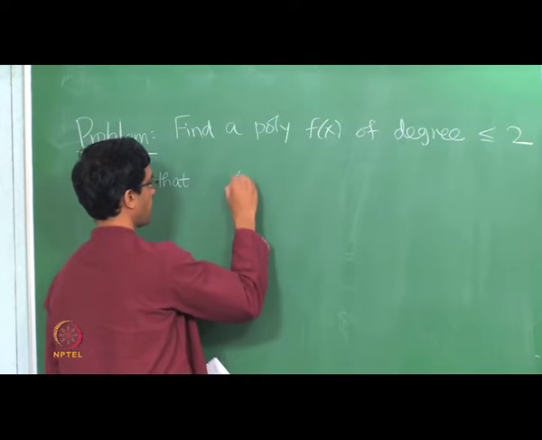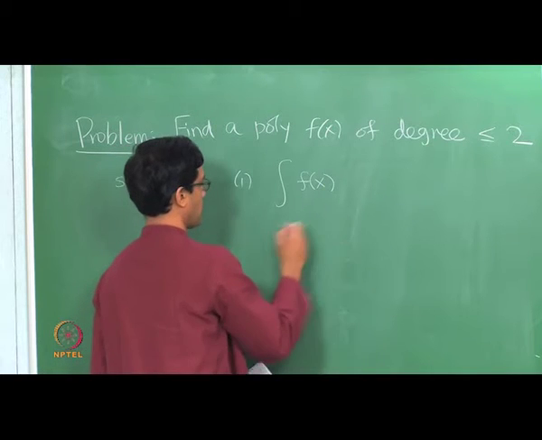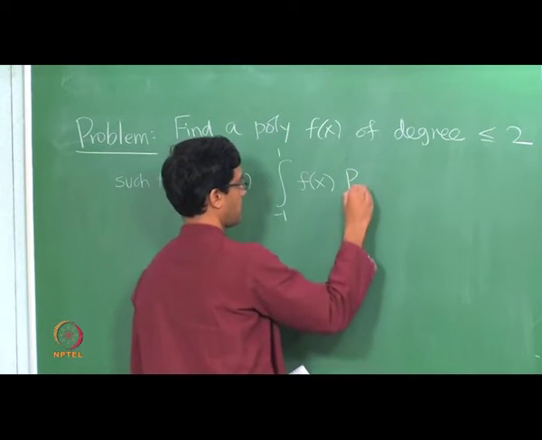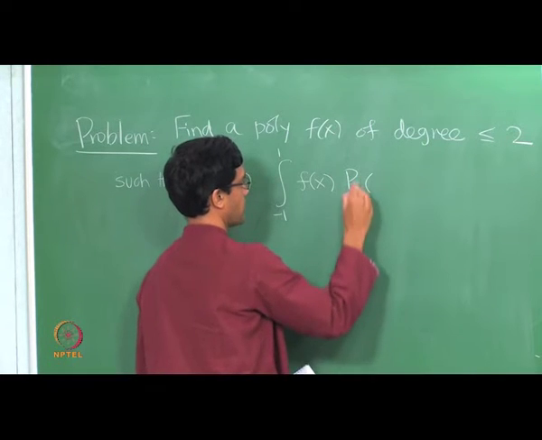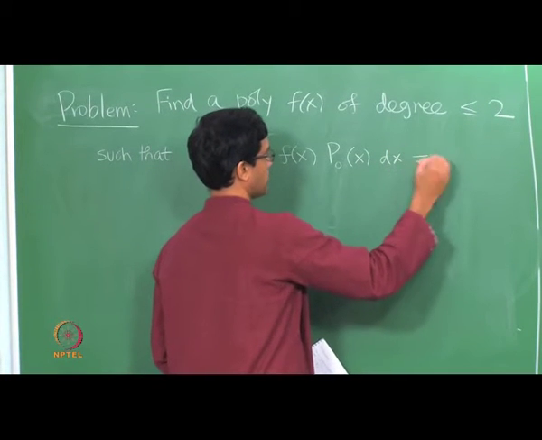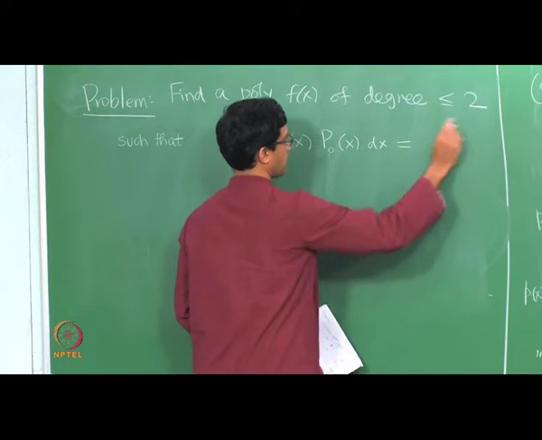So the conditions are the following: the integral of f of x with p0 of x is given to be some number, let us call it a0 or maybe we will call it b0,